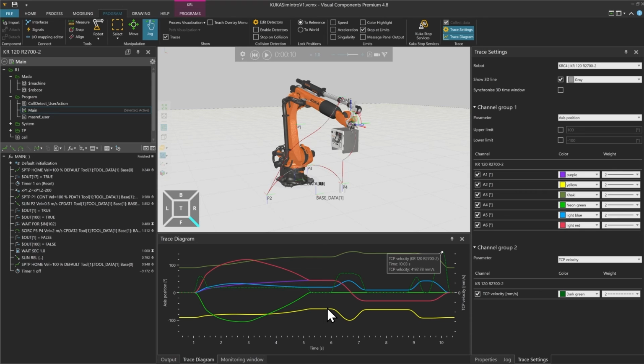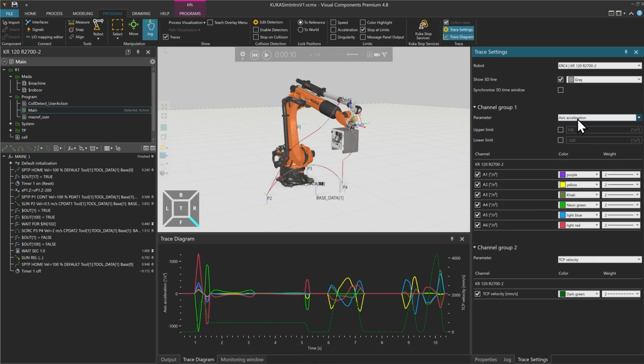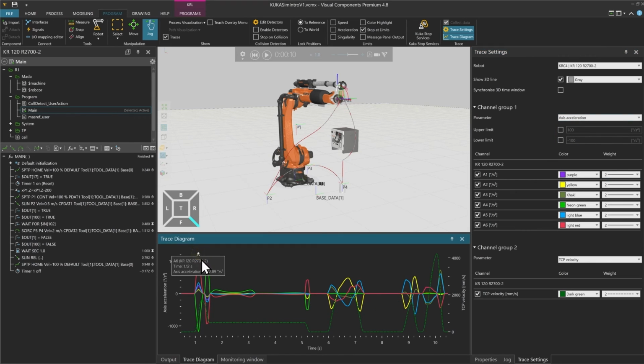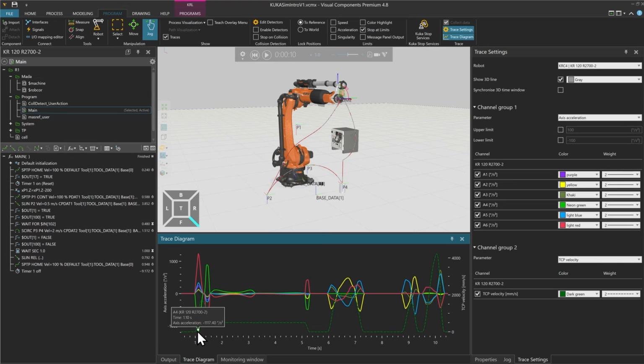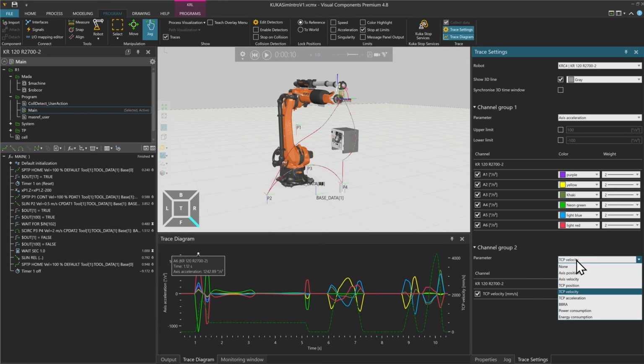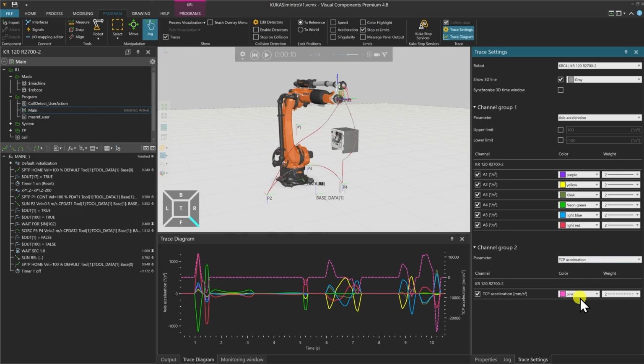And a nice part is that once I have collected this data, I can now switch from the axis position to the axis acceleration, and it will output the same thing, so I don't have to run the program again. But I will be able to see where the biggest acceleration of my axis 4 or maybe axis 6 is. Or, let me show some other nice things, for example, my TCP acceleration.